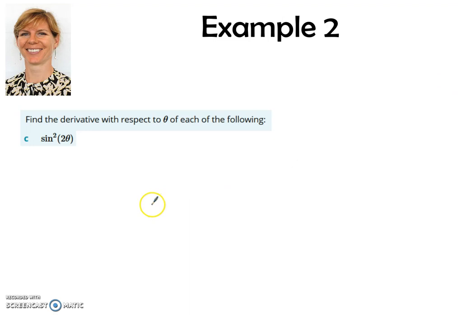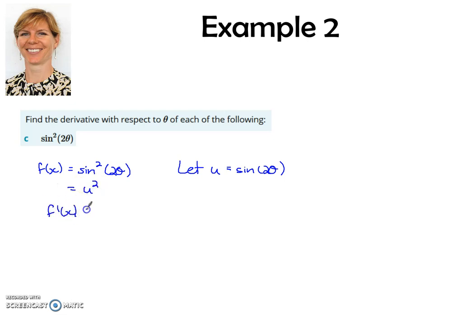Right, now this one's a little bit different. We're going to have to do a chain rule on this one as well. Okay, so we're saying that f of x is sine squared 2 theta. So if we let u equals sine 2 theta, then what we have over here, this is u squared. Okay, so remembering f prime of x is just going to be 2u,